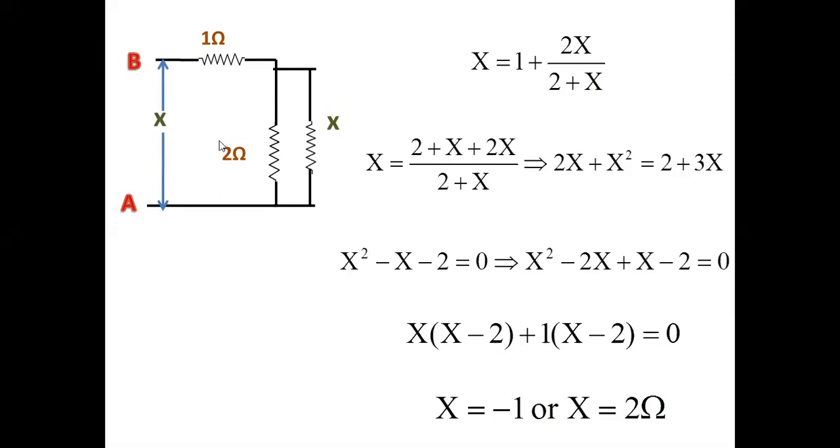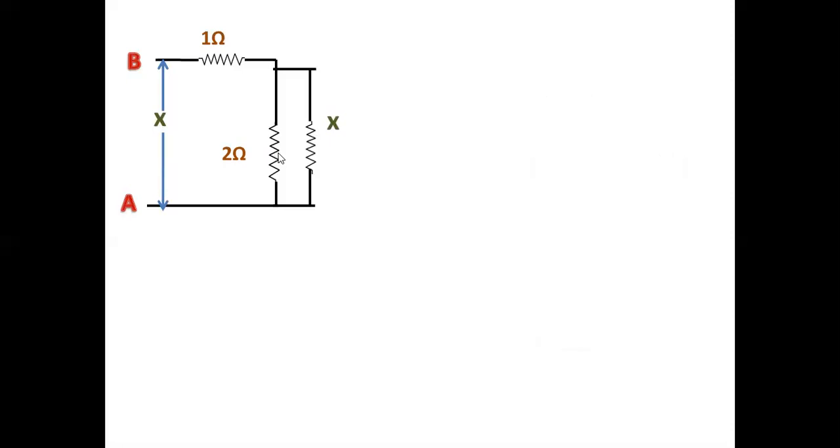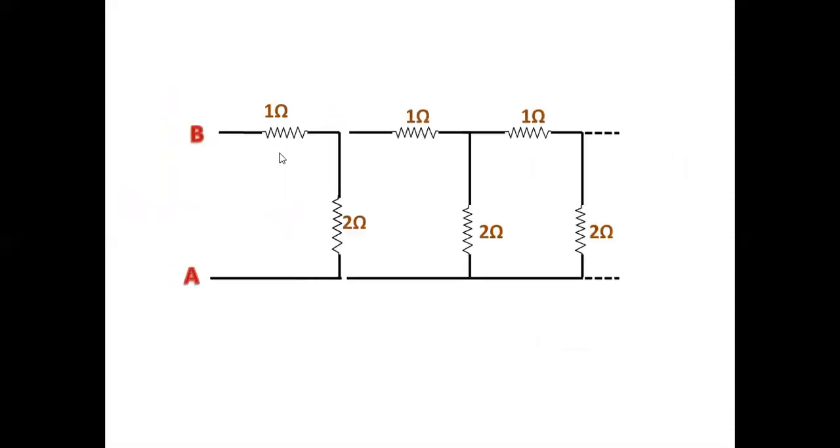So this is a very strange circuit, isn't it? We don't agree with this at all. If you connect one more ladder, won't the resistance change? No, it doesn't. You may be remembering one of the circuits where we kept on changing 6 ohm parallel 3 ohm. 3 plus 3, 6. 6 parallel 6, 3. Again 3 plus 3, 6. You remember that resistance like a pentagon shaped resistance. I don't remember that number. You go to previous problems and see that. Any number of chains, if you go on connecting, finally the answer will be the same.